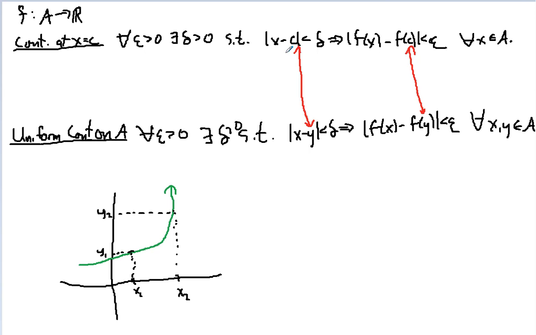So the difference is c is a particular c, whereas this y is true for all A. So the definitions are almost exactly the same, except you're quantifying the second variable in uniform continuity, which has one